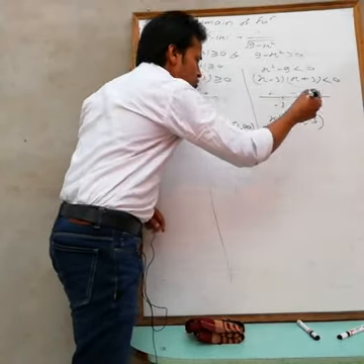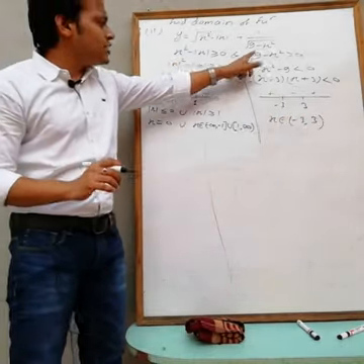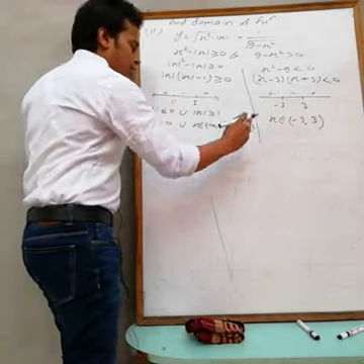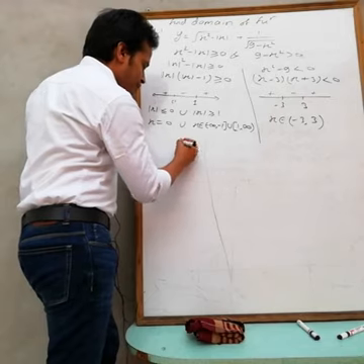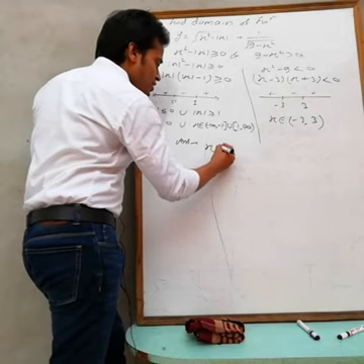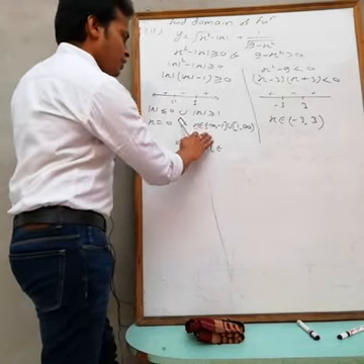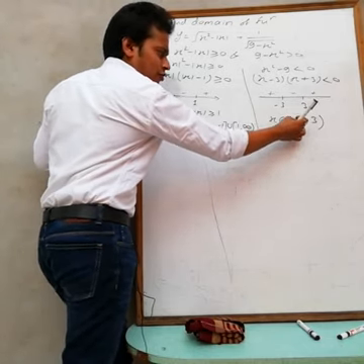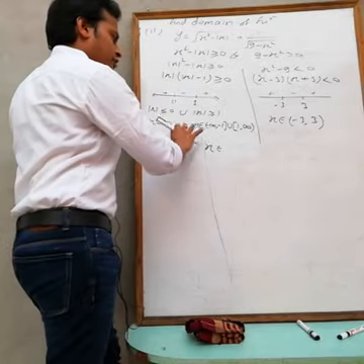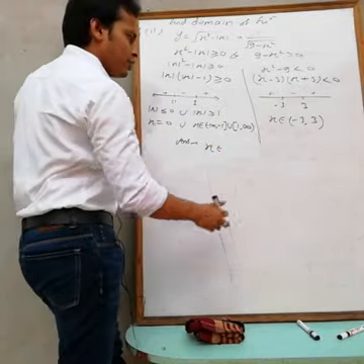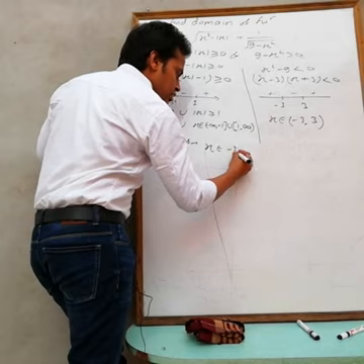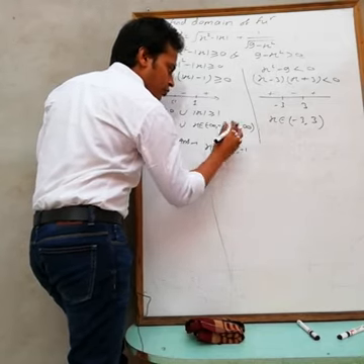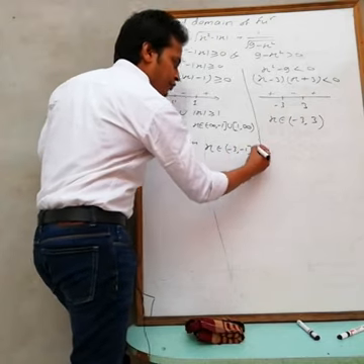Now both must be satisfied, so you have to take the intersection of these two. Then the final answer is x belongs to, here we have minus infinity to minus 1, but you can't take less than minus 3 because here we have only minus 3 to plus 3. So if you take the intersection, it means the common part, then what will you get? Minus 3 up to minus 1. Minus 3 is not included, but minus 1 is included.